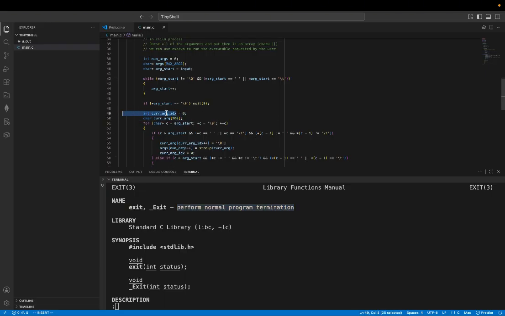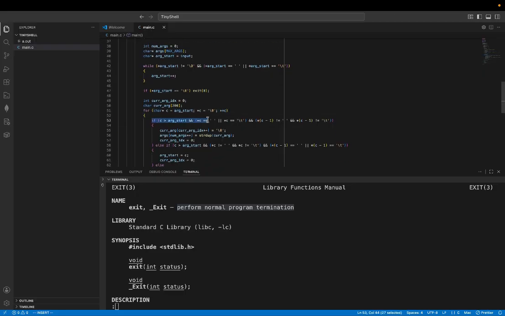Int arg idx equals 0. So this is going to help us copy characters into the current arg array. For c starting at the arg start, which should be pointing to a proper character now, c not the null terminator, we're not at the end of the input, c++. If we've moved past the arg start and it's a white space character and the previous character is not a white space character,